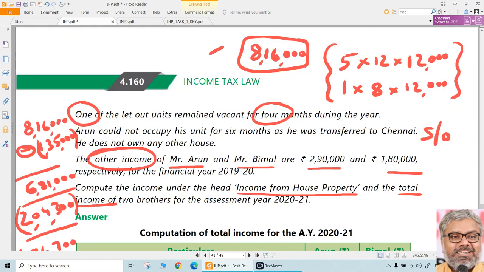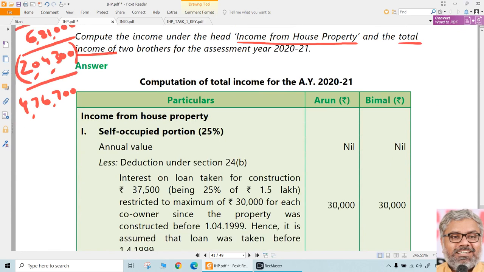6 units will be how much? 2,25,000. No problem. For let out portion, no limit. 2,25,000 can very well be claimed as reduction. No problem there. Let out portions, no limit at all. So